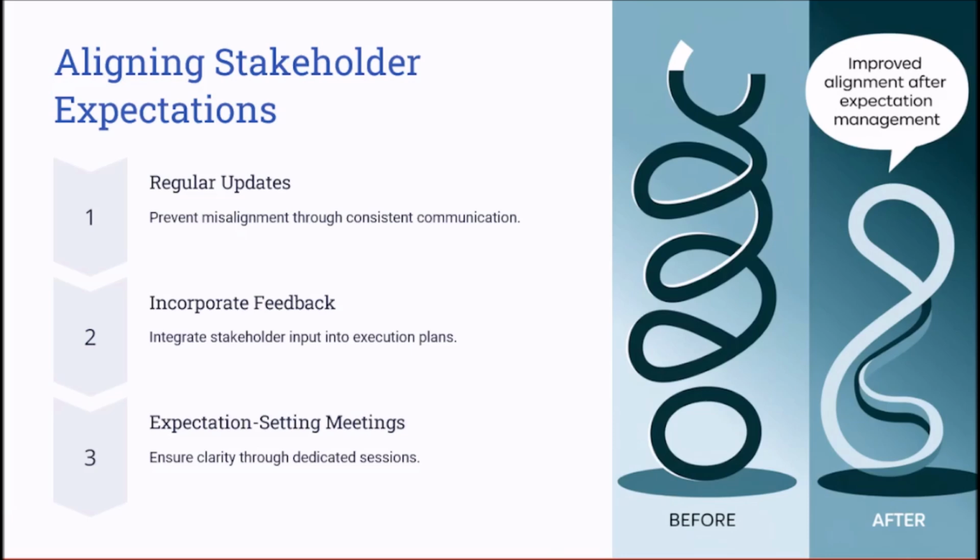Aligning the stakeholder expectation with the project objectives. Misaligned expectation can cause conflicts, delays, and dissatisfaction. The best way to manage this is through transparent updates and two-way communication. Ensure that you do regular updates to prevent the misalignment with your stakeholders and to ensure the alignment with the